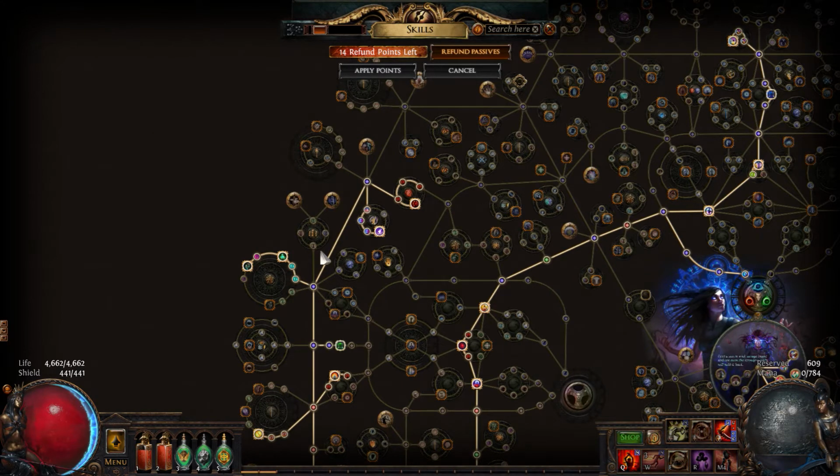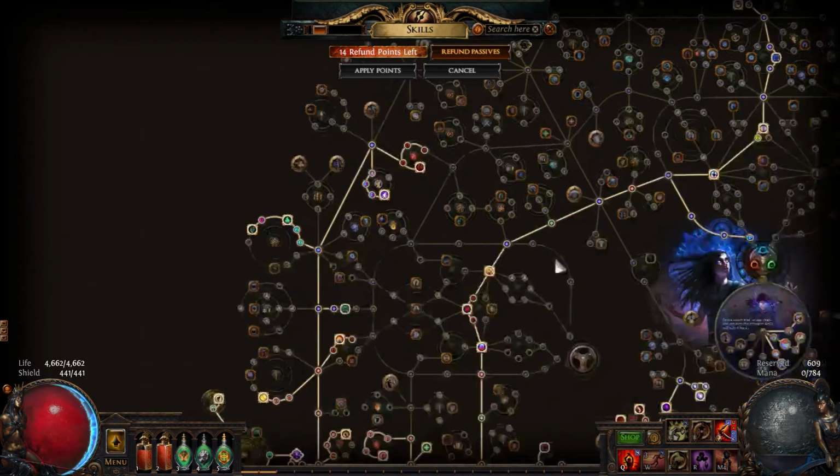Because ultimatums are super rippy. Like, before I had about 50% block and 30% spell block. That's how I was surviving the ultimatums. But I opted out of that. Instead